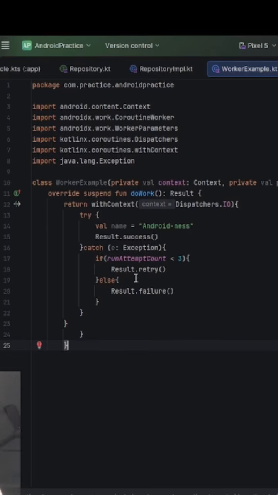So what this means is, first of all, the run attempt count is, if you understand OOP well, object-oriented programming, this is inheritance. We are inheriting from this CoroutineWorker class, so we have access to the runAttemptCount attribute. So if this line